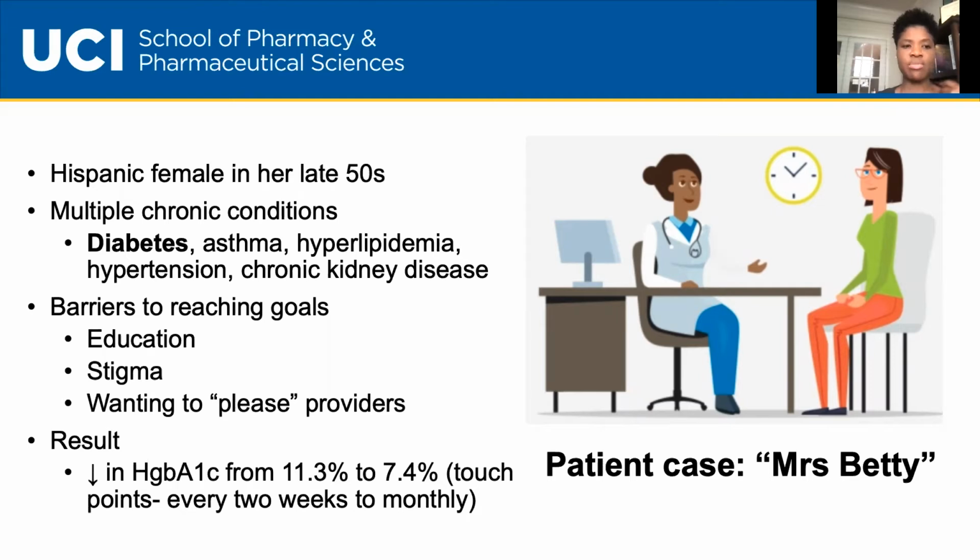But she had multiple conditions. So diabetes, asthma, hyperlipidemia, hypertension, chronic kidney disease. So basically a picture that we see very, very often with our patients. But because she had that connection with that person, that was the person that mainly saw her, other than her picking up the medications. But when I met her, I saw that she had all these different conditions, and I